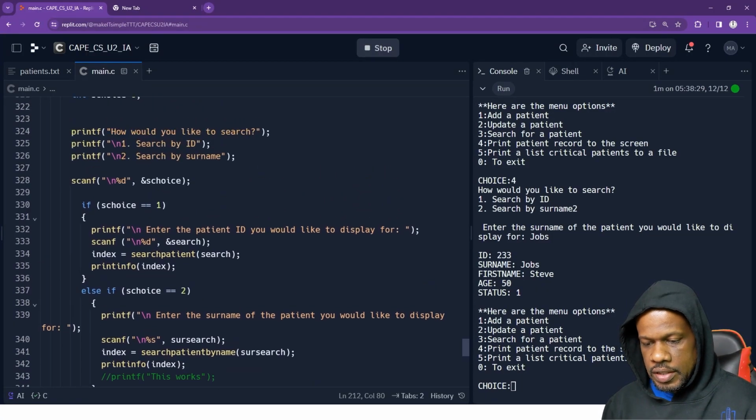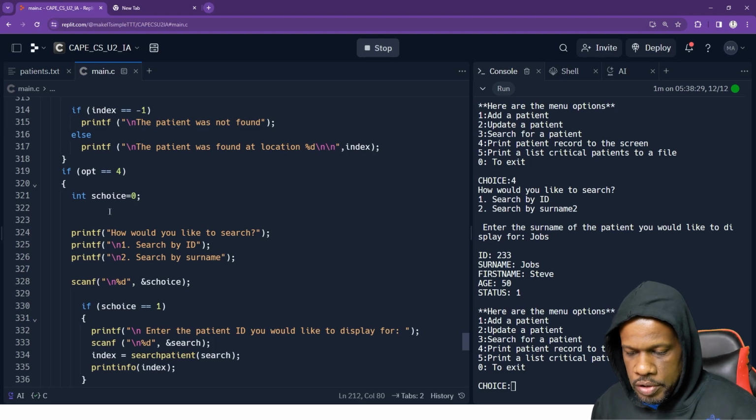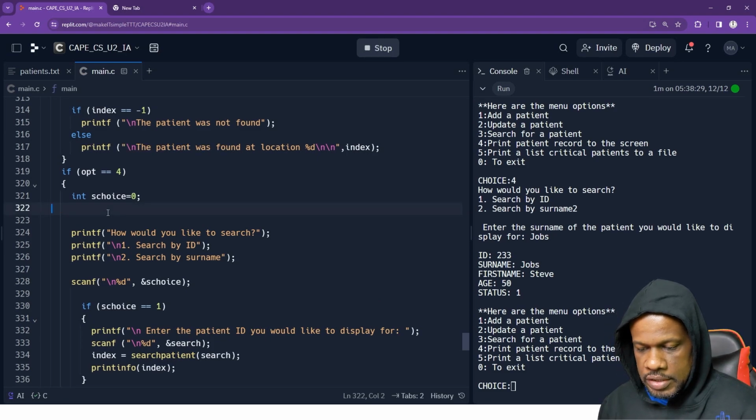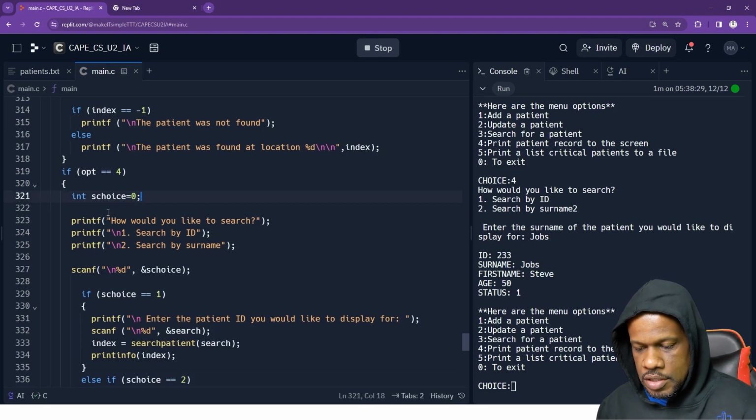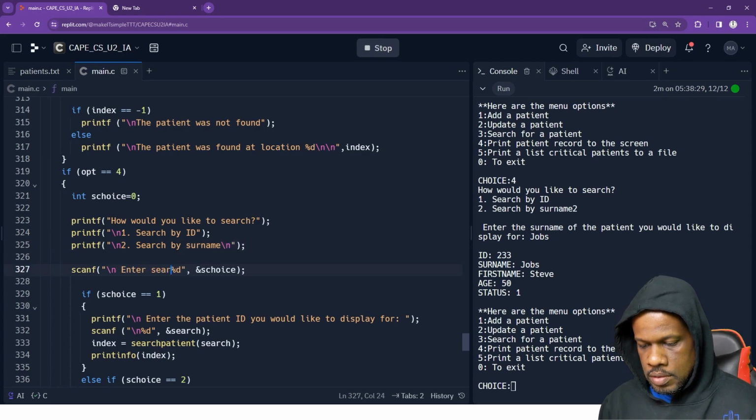So I don't have to fight down the neatness. So if they choose option 4, why do I have all these extra lines? Ask them how they like to search. They want to search by ID or search by surname. We read the choice. I'll put \n here so that it goes to the next one. I'll put errors. Enter choice: